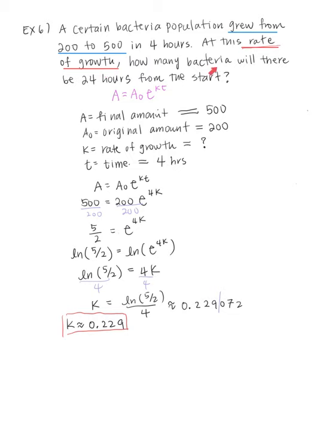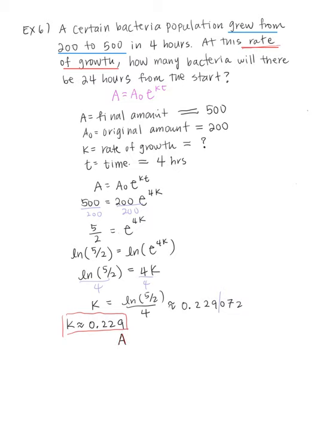Now how many bacteria will be there in 24 hours with the rate of 0.229? So the next step, what we need to do is use this rate of growth to predict the number of bacteria there is going to be in 24 hours. So guess what? We're going to have to reapply the formula again. In this case, what we're looking for is the final amount of bacteria, which will be A. So let me just rewrite. So next step, our A